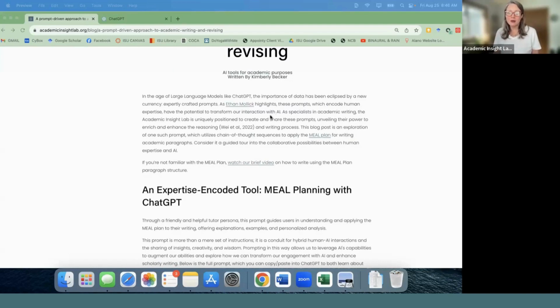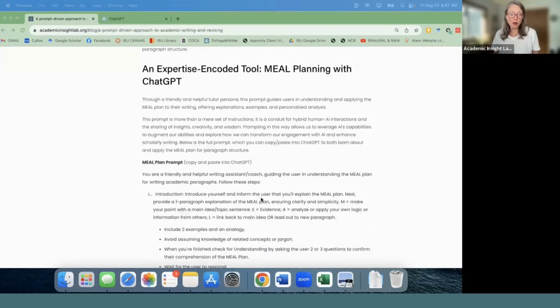And recently, he was talking about how the importance of data is being eclipsed by a new currency, which is expertly crafted prompts. And he's called for people who are experts in one area to put out prompts that draw on their expertise and allow other people to apply that through the use of large language models like GPT 3.5 and 4. So this blog walks you through a prompt that we designed, which will explain something called the meal